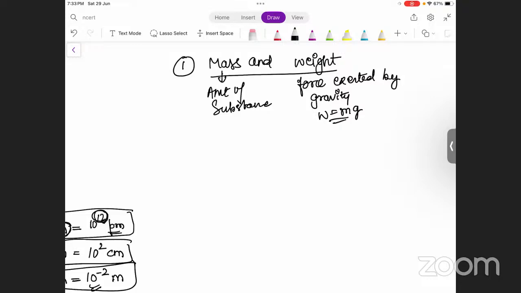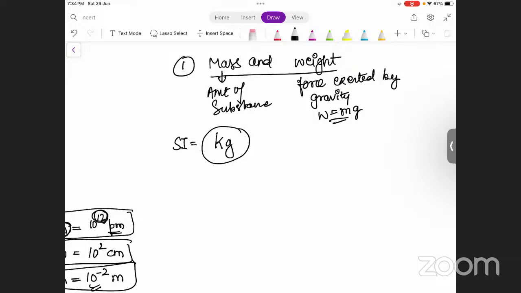That's the reason that your weight on earth will be different than the weight that you will have on the moon. And what's the difference? The weight on the moon will be 1/6 of the weight that you have on the earth. So why has the weight changed? The weight has changed because the gravity is different on earth and on the moon. So I hope now you know the difference between mass and weight. Now, as I have told you, the standard SI unit of mass